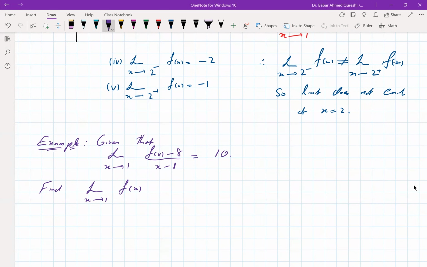Now, I see over here that if I try to use the quotient rule of the limit, that the limit of these two functions will be equal to, if I find the limits of the two separate functions and then divide them, then I have a problem. There's a 0 coming in. On the other hand, the total limit exists. So this implies,